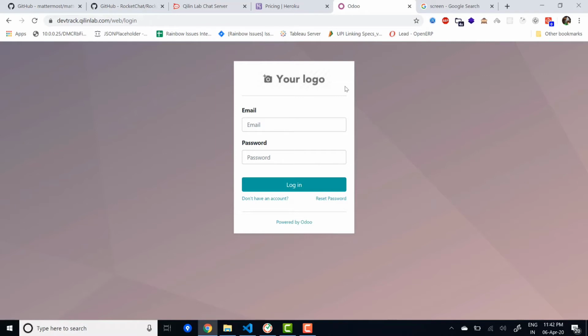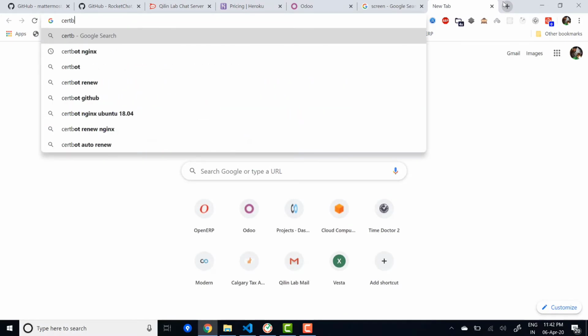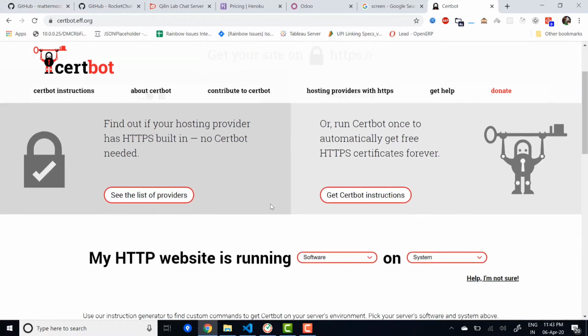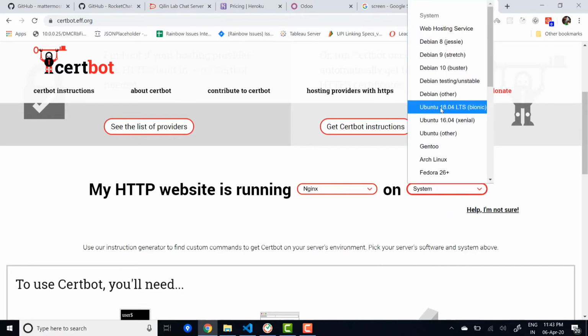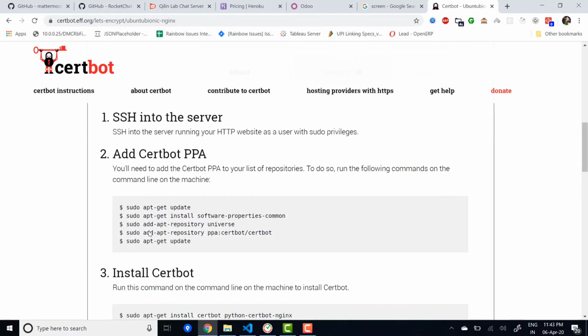So how to get a Let's Encrypt certificate is very easy. If you are using Nginx or Apache or any server, you can use certbot to install the SSL. It's even easier than a normal SSL which you buy from GoDaddy or from any other SSL company like Comodo or maybe any other. You can go to certbot, and it's very simple. You can select your web server, you can select your operating system, right? It will show you a list of commands. You just follow and you're done.